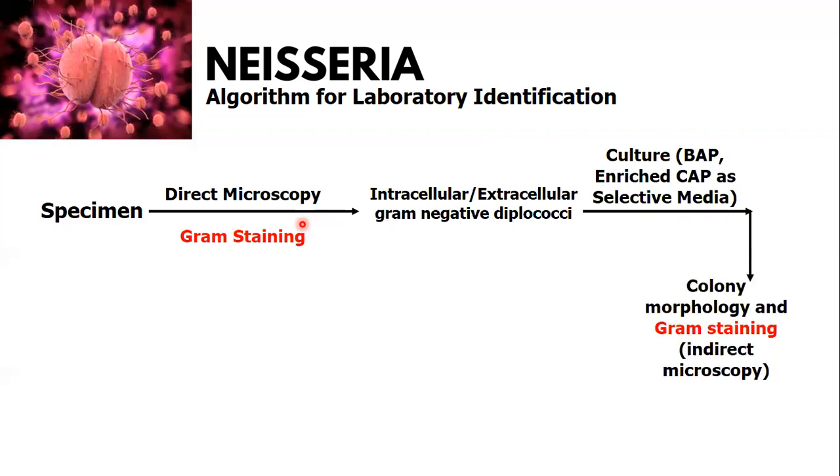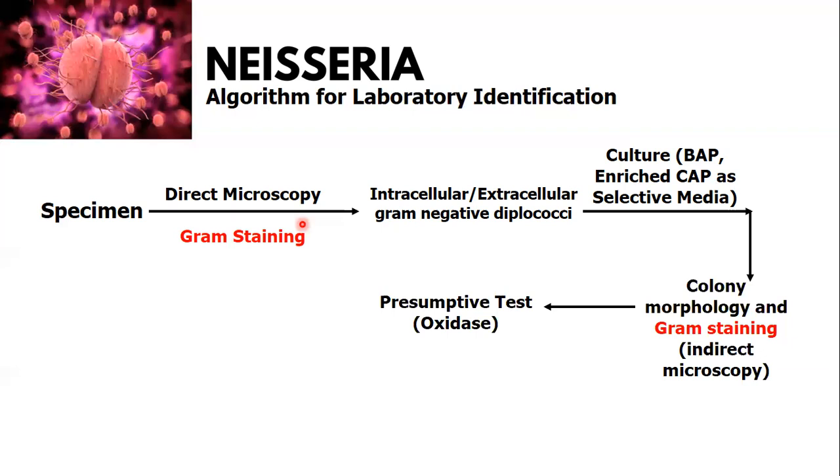And after that, you may perform colony morphology to examine for colony characteristics, and of course, indirect microscopy through gram staining, and you should be able to observe the presence of gram-negative diplococci that are bean-shaped in appearance for you to be able to proceed to the presumptive oxidase test, that if tests positive, then it would indicate that the genus present is Neisseria, but if negative, then you should consider other organisms.